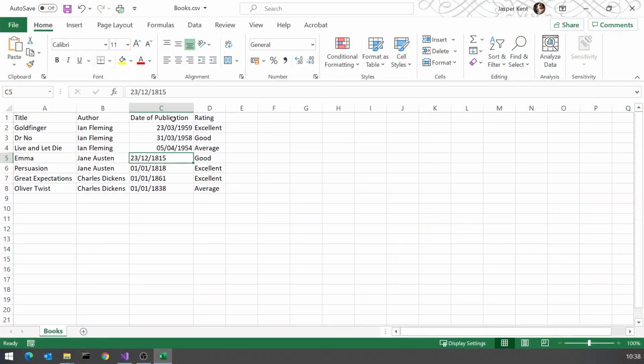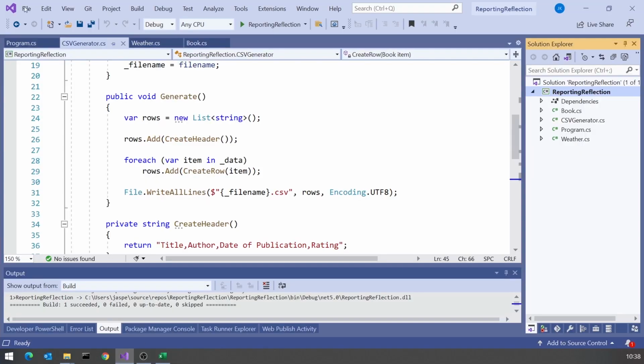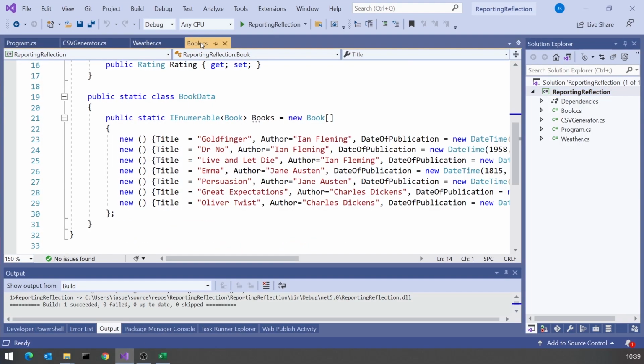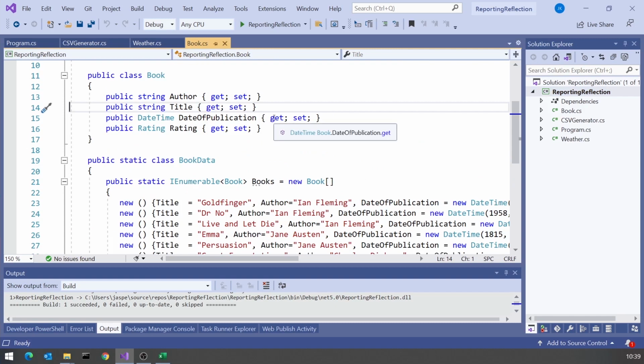It's a feature of Excel. But there's a few things to note about the way we've done this that are worth remembering, because we'll see how they're not quite so easy to do when we generalize it. We've already mentioned the fact we've formatted the dates. Also, it's worth noticing that we've got a column there called "date space of space publication", whereas the property name has to be all one word, DateOfPublication.